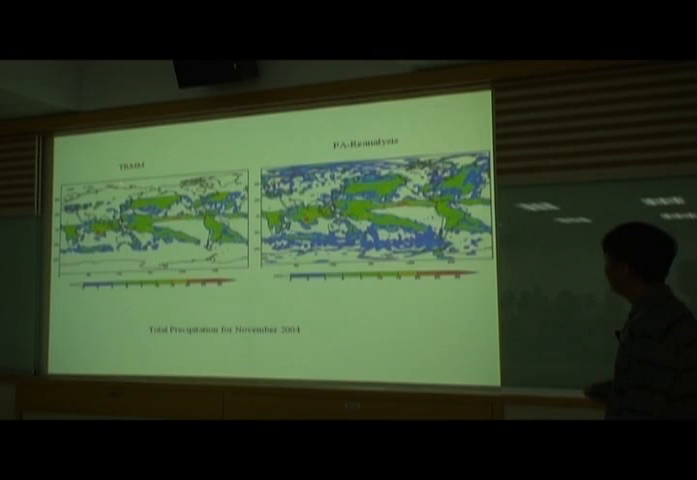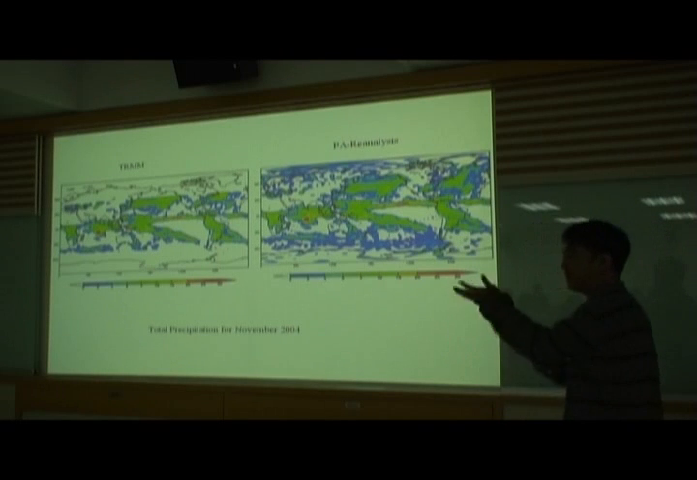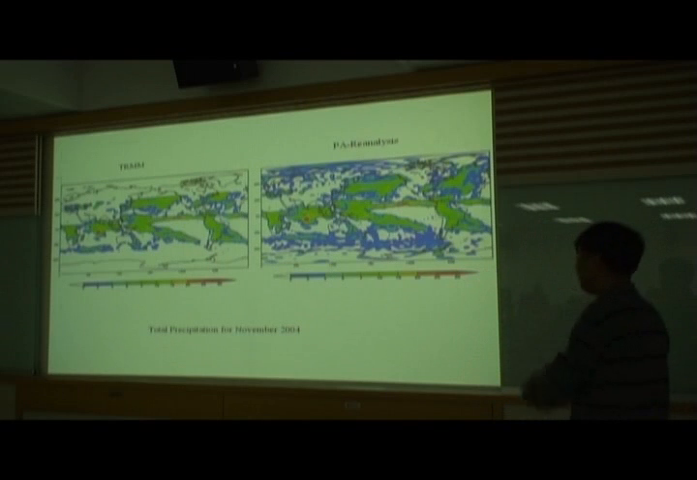As you can see, the TRMM and our reanalysis match very well, very close matches. Nothing more to say on this presentation. It's perfectly matched, as you can see. But